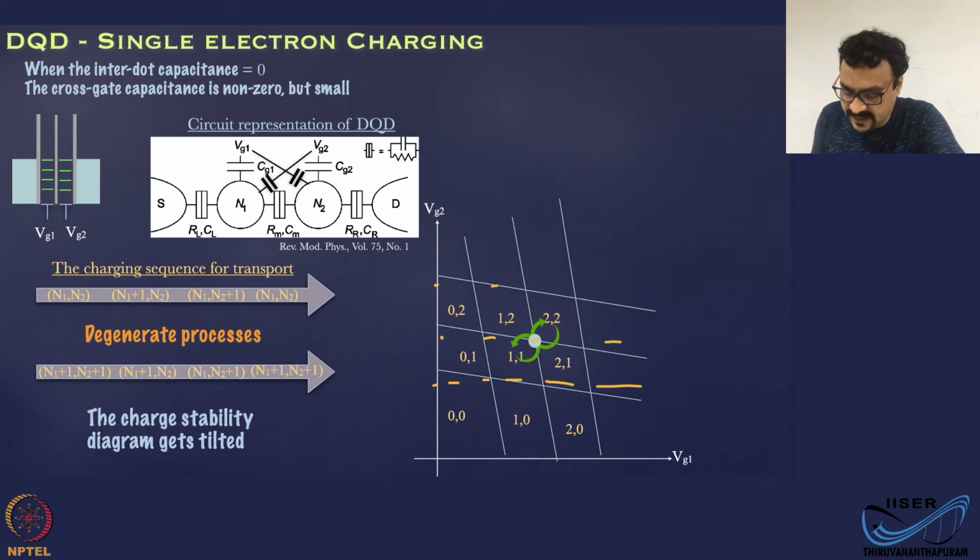So in this diagram, when you vary Vg1, now 1, 0 is the charge degeneracy point for this one, and this is the charge degeneracy line for 1, 0 and 2, 0. That means you are varying only the electron number of one of the dots. But that